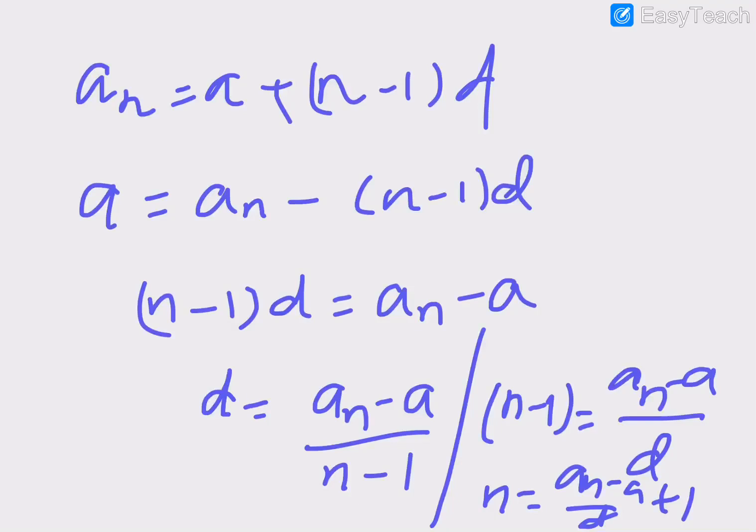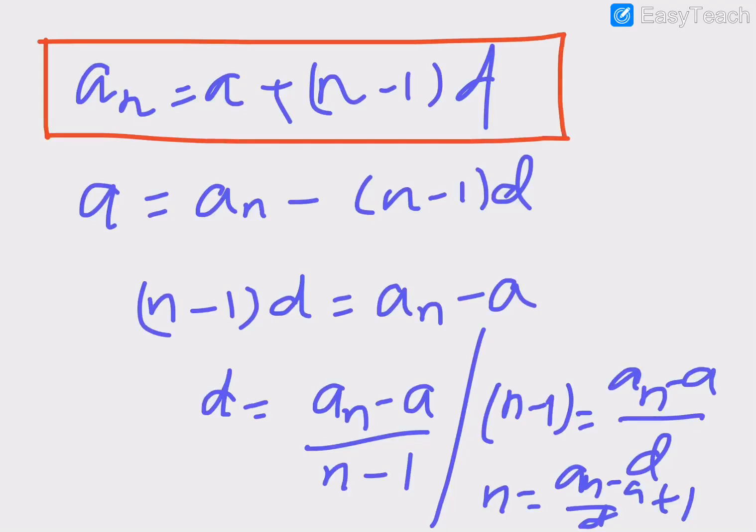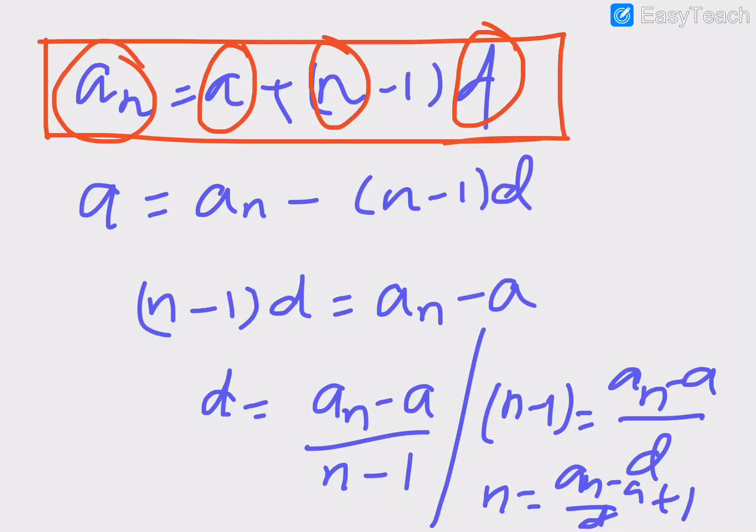Now what we are going to do is use the same formula. It has four variables, that is the nth term, the first term, the common difference, and n itself. So using the same formula by rearranging the terms, the formula is actually defined for the nth term an, but in some cases we will get the value of an, we get the value of d, and we need to find out the value of n, a.